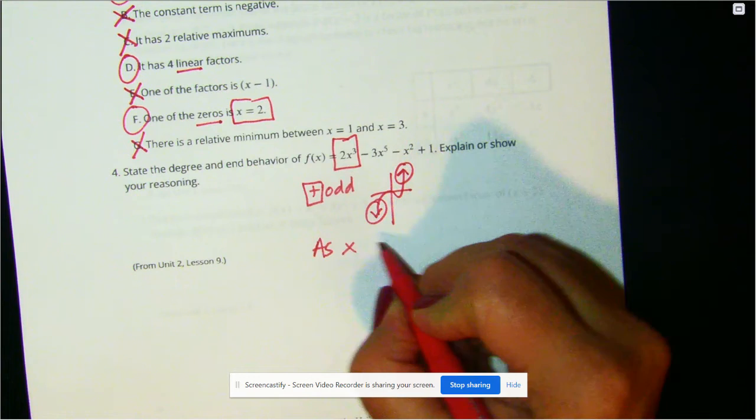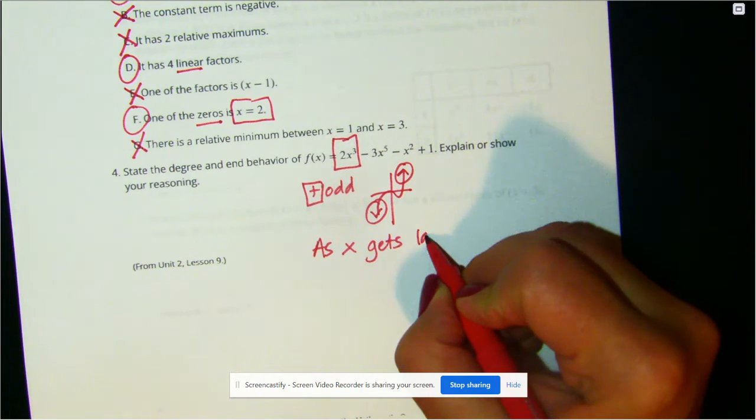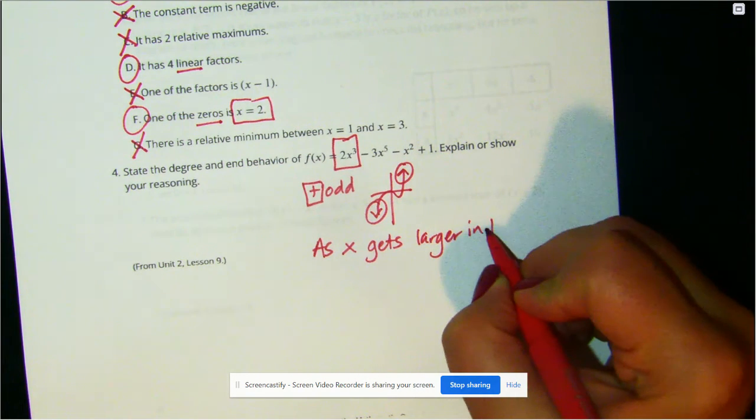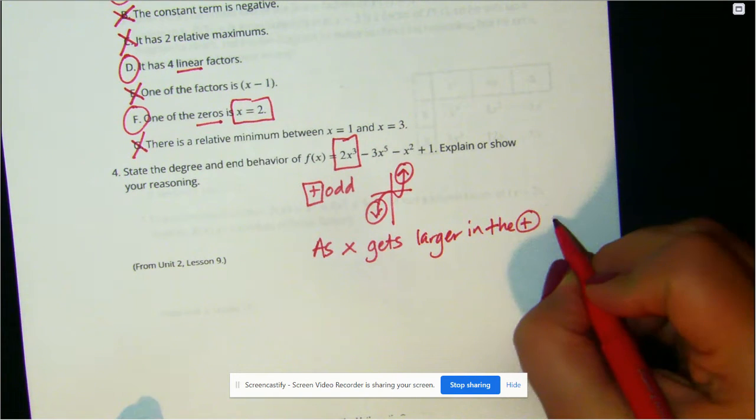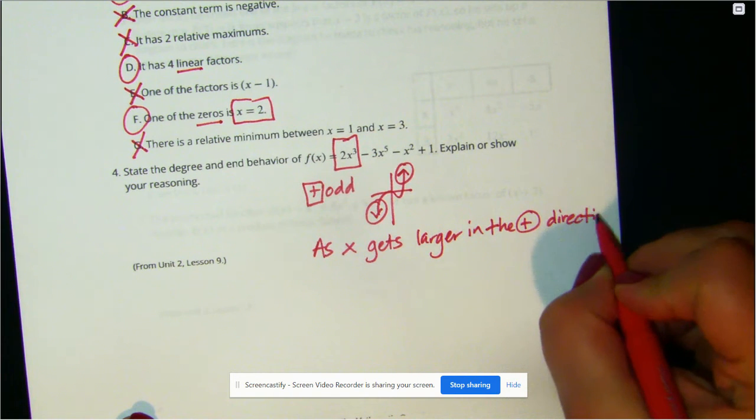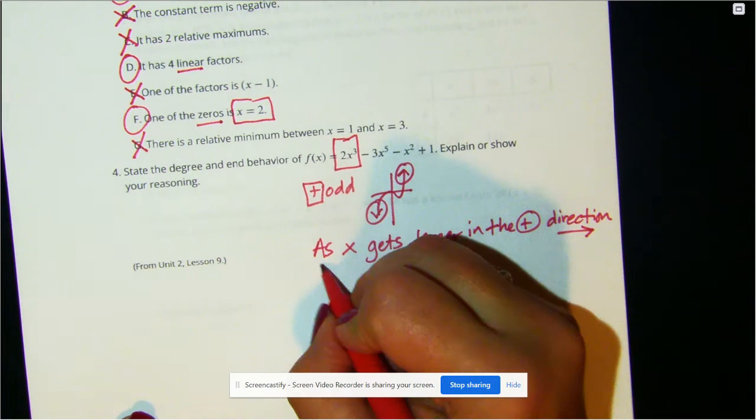So as x gets larger in the positive direction, you could use an arrow. F of x,